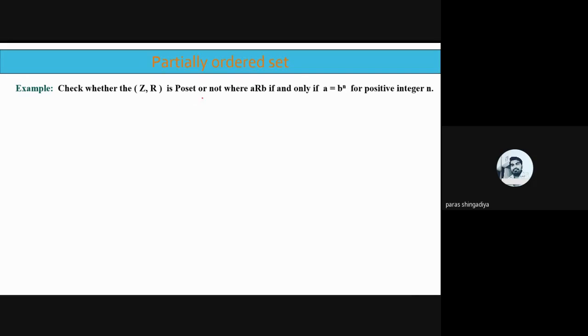So, is (Z, R) a poset or not? Third question: Z means the set of integers, R is a relation, and the relation is defined here. Z is given as ..., -3, -2, -1, 0, 1, 2, 3, and so on. Now for a, b belonging to Z, (a, b) belongs to R, meaning aRb, if